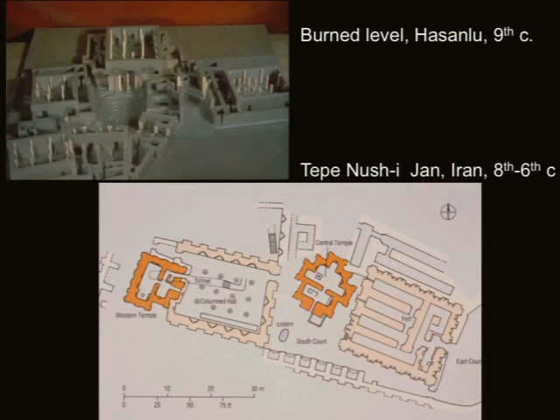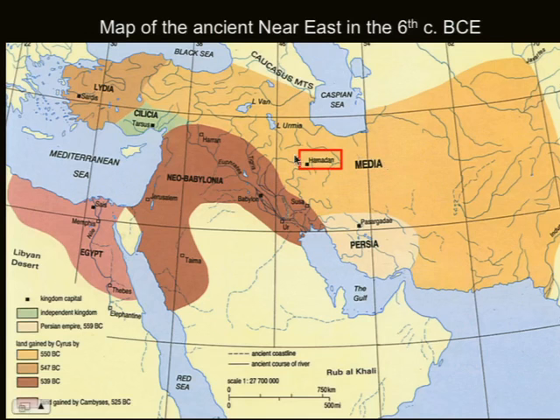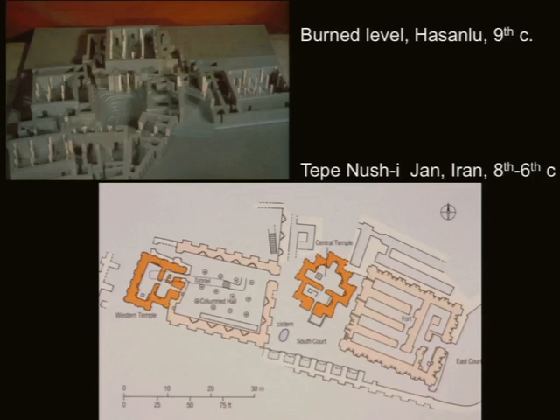We find, for example, similarities at the site of Hassanlu with their capital at Hamadan. Hamadan actually remains unexcavated, so we don't have a lot of material from the Median capital, but we can see, again, comparisons with one of the excavated sites, a site called Tepe Nushijan in Iran. This is a Median site that was actually excavated by David Stronach here in the Near Eastern Studies Department. And we find a lot of parallels with earlier Urartian architecture at sites like Hassanlu.